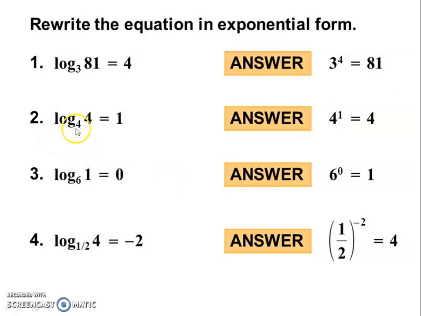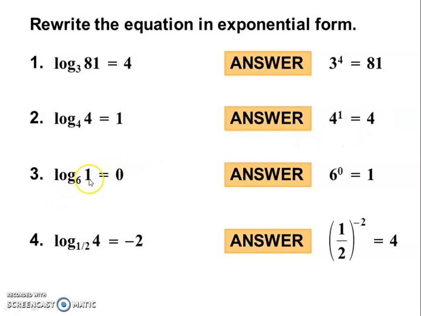Now second example. Log 4 to the base 4 is equal to 1. How would we derive it? Base is 4. Number is 4. These are equal numbers. How do we derive it? We have the base 4, so we should write 4 here. The answer is 1, so we should write 1 here. And the number is again 4. So 4 raised to 1 is equal to 4. We calculate that 4 raised to 1 is always 4. That number remains the same in the law of indices.